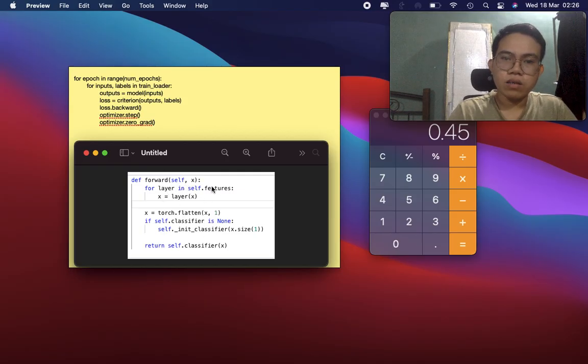In the self.features we set in the other snippets of code, what it contains is, layer by layer, the activation functions, the pooling, the convolutional, like that.